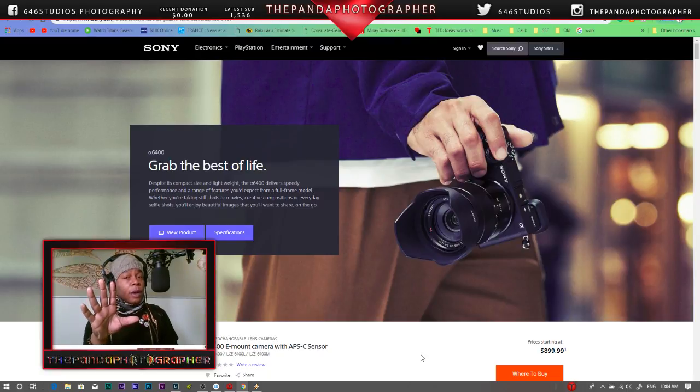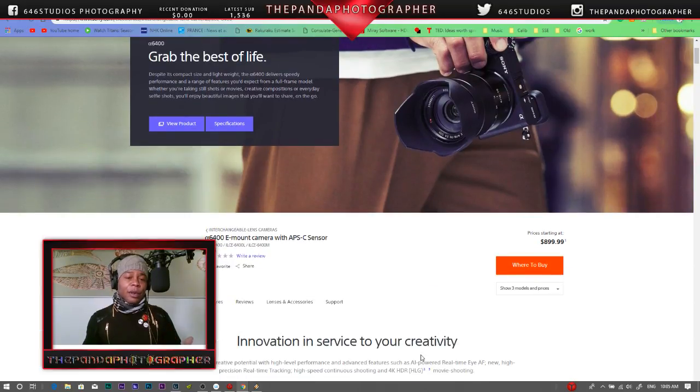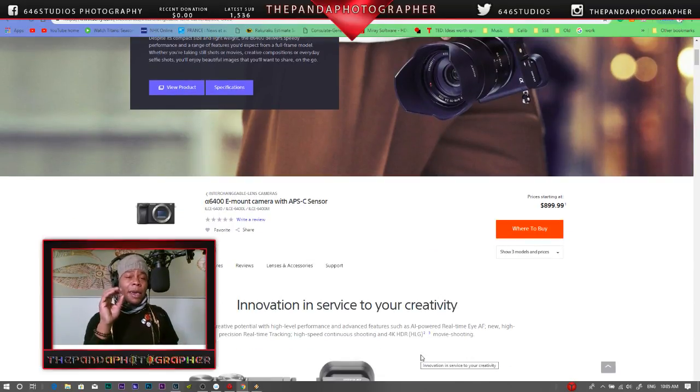Now, I'm not a Sony fanboy, but for what I have seen and what everyone is demonstrating, it is a promising new feature in cameras that we needed in the Sony. Sony should have implemented this a long time ago, but I guess they wanted to wait a little bit. They've probably been working on it for quite some time. So, with that said, I think the A6400 is an okay camera photography wise, but for vloggers, I don't think it's a vlogging camera, in my opinion,